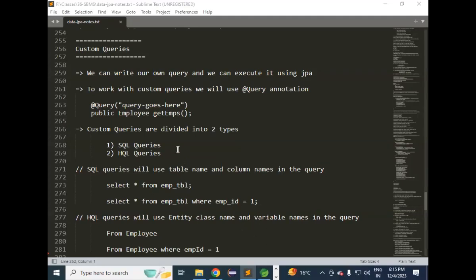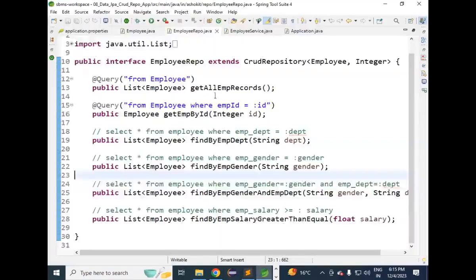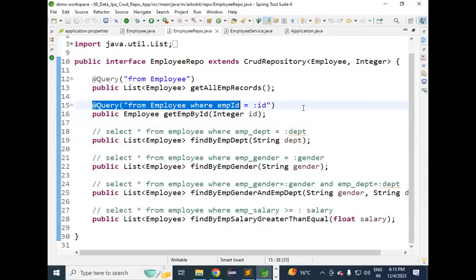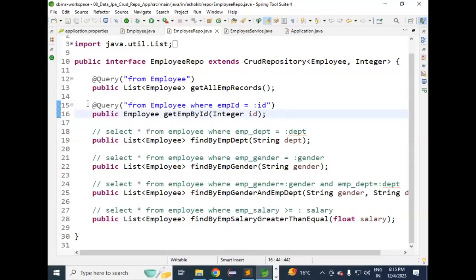In order to work with the custom query, we are going to use the @Query annotation. So here we are going to create one repository. Inside the repository, we will write the method. For that method, we write the @Query annotation. So @Query is used to execute the custom query. When you are writing that custom query, we will have